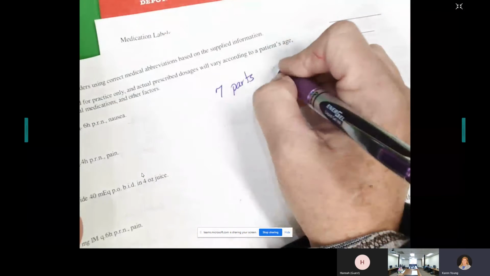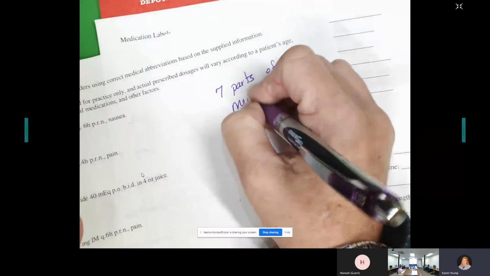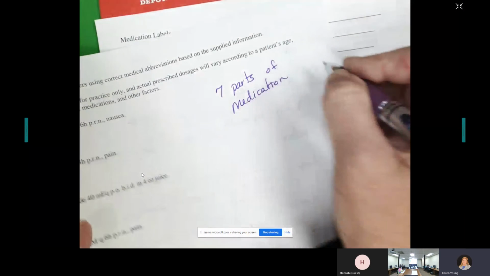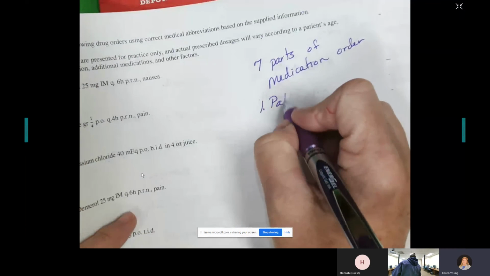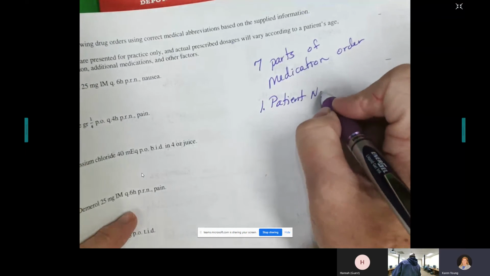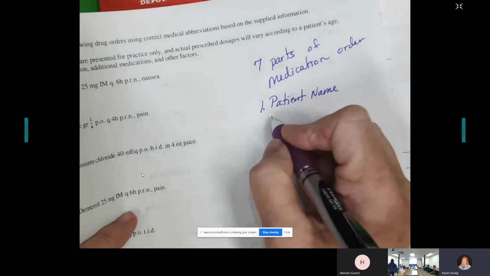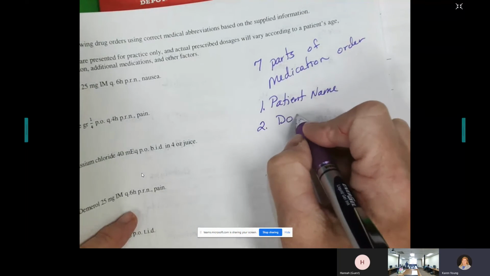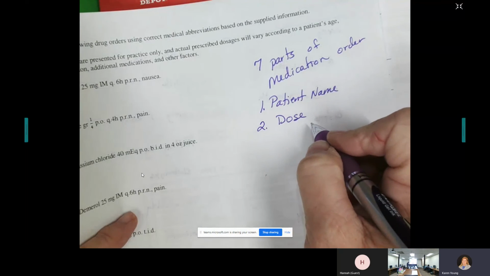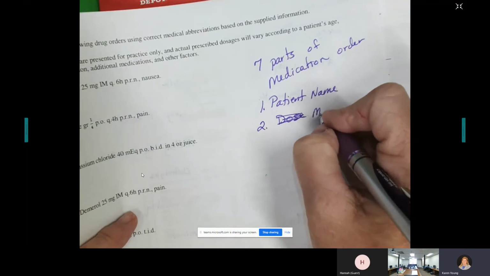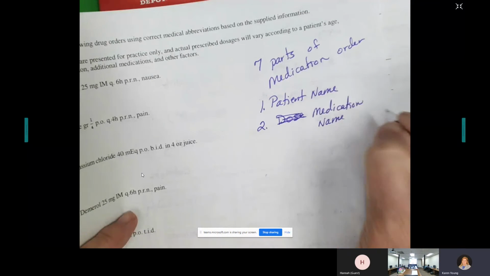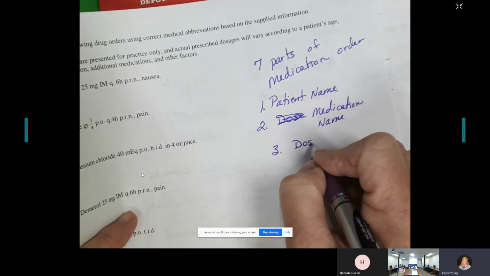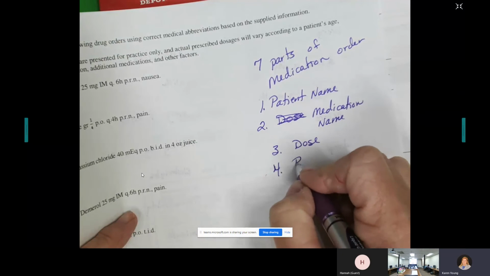The 7 parts of a drug order, or of a medication order, you'll have to know these. That's patient's name, or name of the patient. Oh, wait, I missed something. Name of the patient, the medication name, the dose, the route,